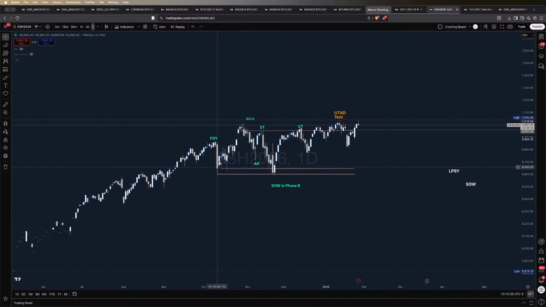A short from the preliminary supply, then the buying climax at the 7,000 region. The first test on the March contract was already at 7,000. Those who are tracking the cash market, we are still not there. But on the current contract, on the futures contract, we already reached those levels. We were aware of the 7K in the S&P 500 futures in our room since October and December, okay? Clearly a trading range since then.